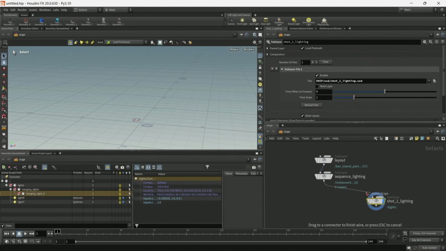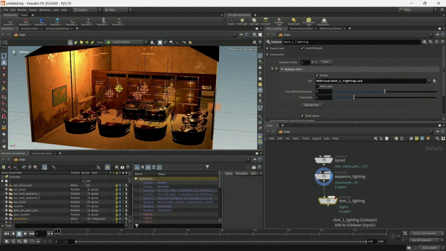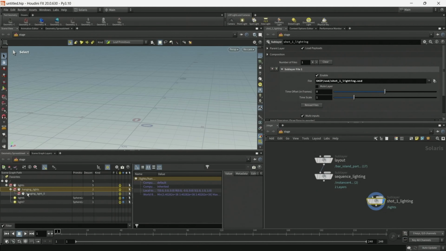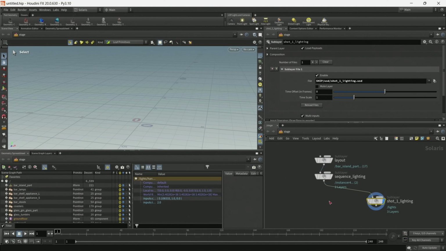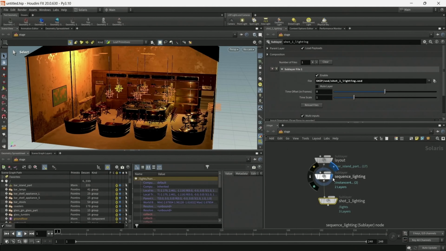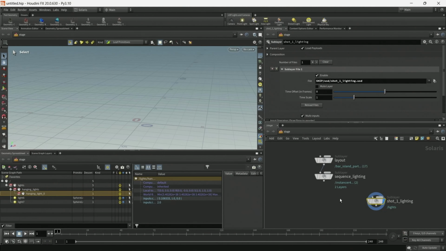It should be noted that in this example, it's strictly modeling, layout, and lighting, those departments that we've addressed. But there can be many more departments represented in a pipeline like this.